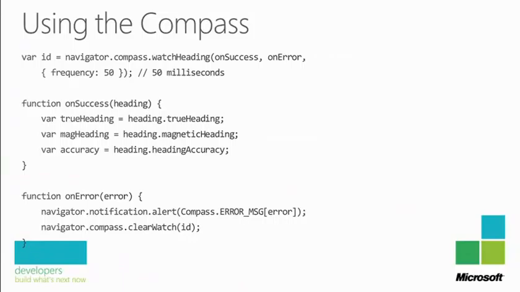More commonly, we call watchHeading. If you're going to build something that actually looks like a compass, you need a continuous stream of callbacks indicating which direction the phone is facing. So you do what I'm doing here, you call watchHeading. Now, at 50 millisecond intervals or 20 times per second, my success function will be called, and I'm given information about true heading and magnetic heading. My experience is that true heading tends to be a lot more reliable on mobile devices than magnetic heading, so